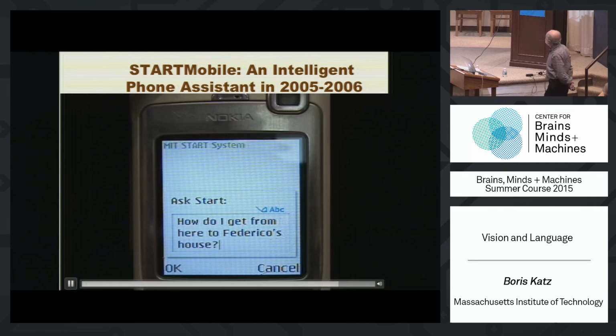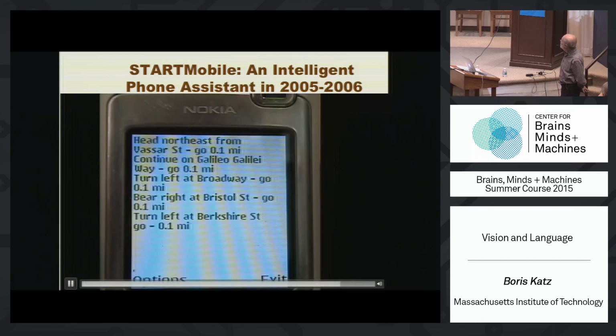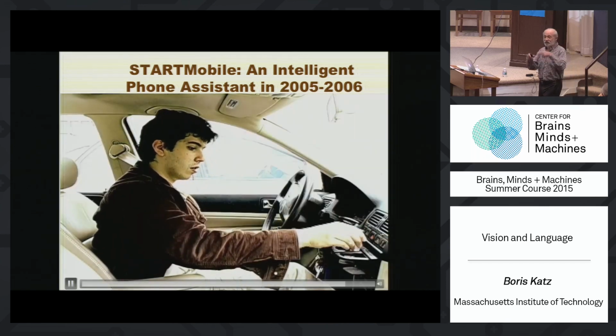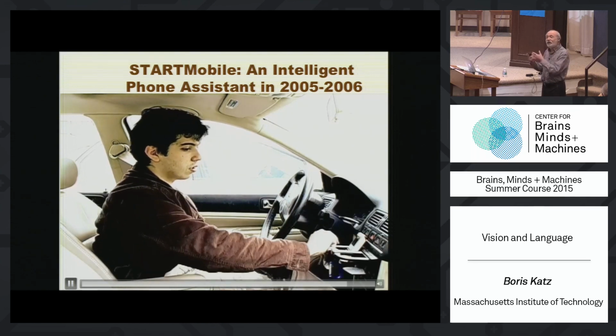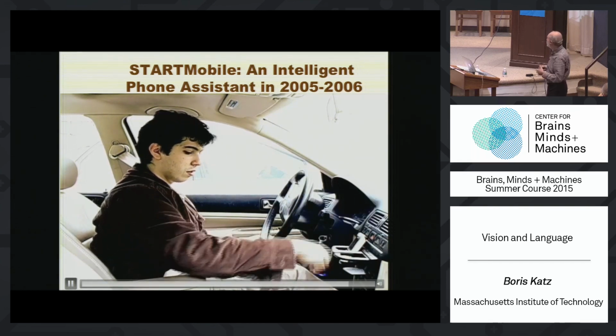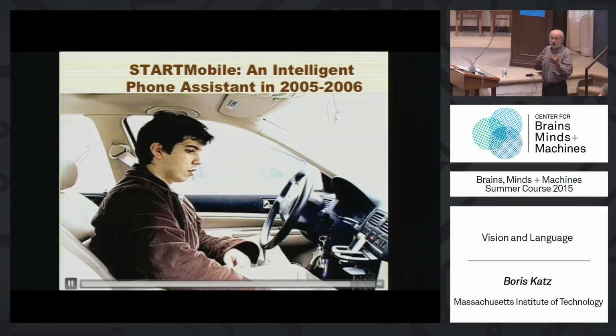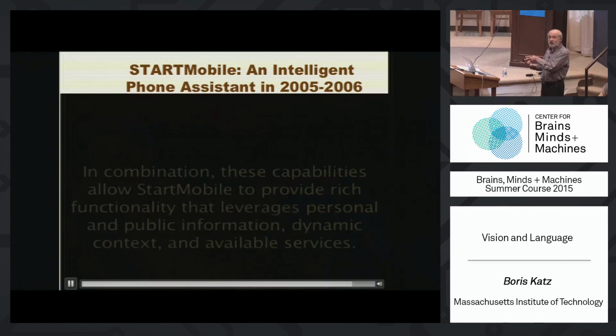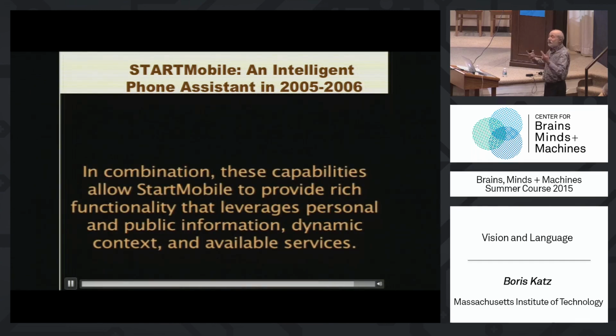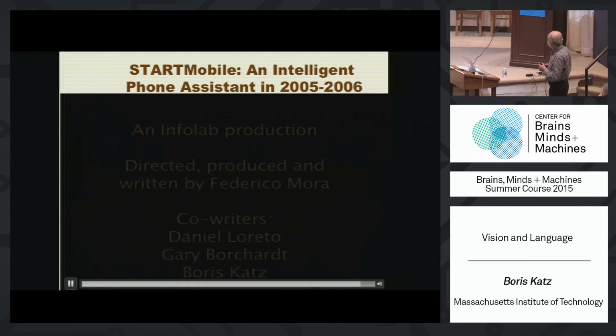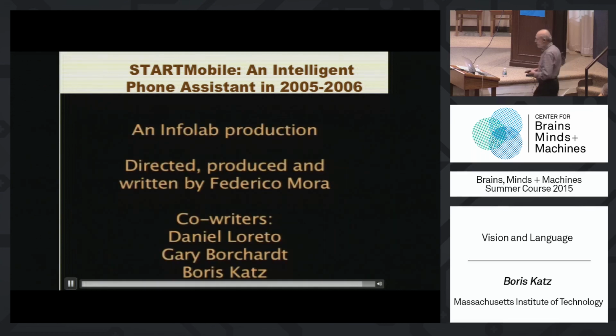How do I get from here to Federica's house? Well, if you think about it, this is a very hard question. You need to know that here is here and go to GPS and find the location. You need to know Federica's house from your list of contacts, and you need to go there. And you need to then send it to, in that case, I believe it was MapQuest, I don't even know if it exists now, to actually give the directions. Well, anyway,